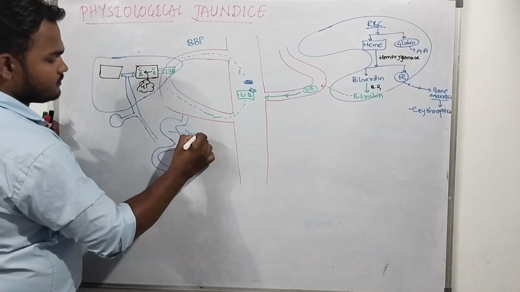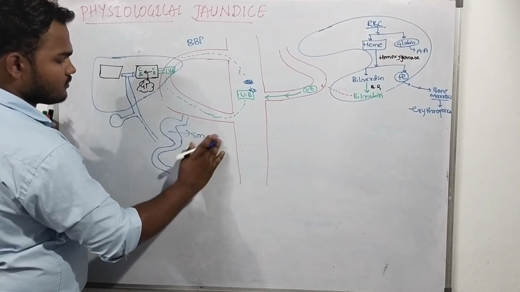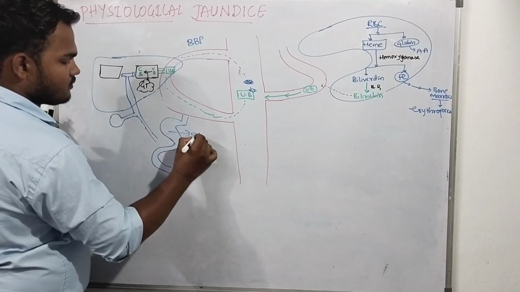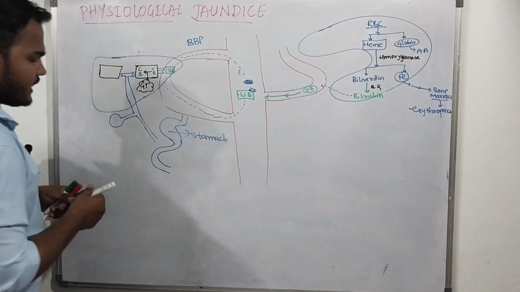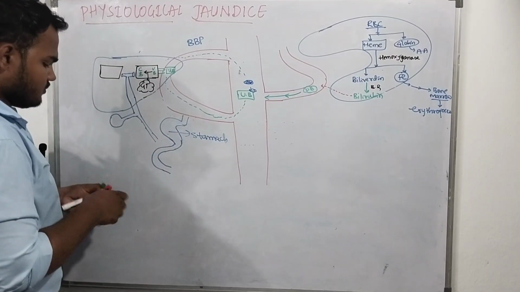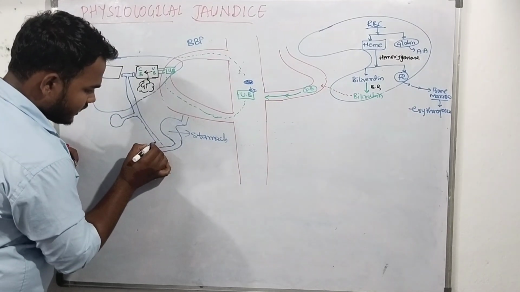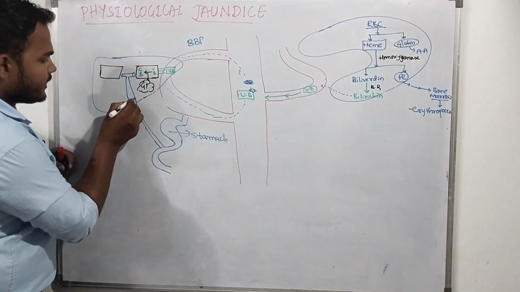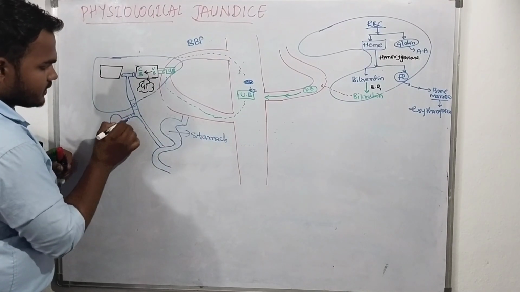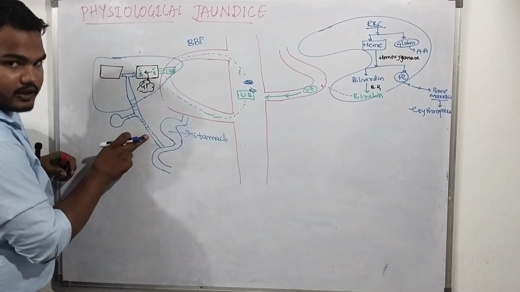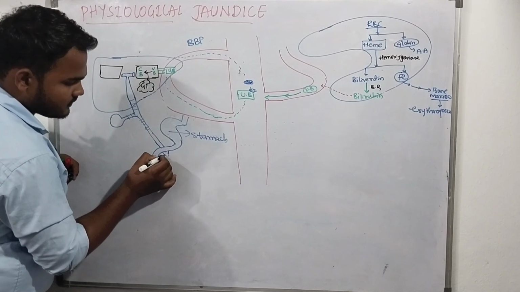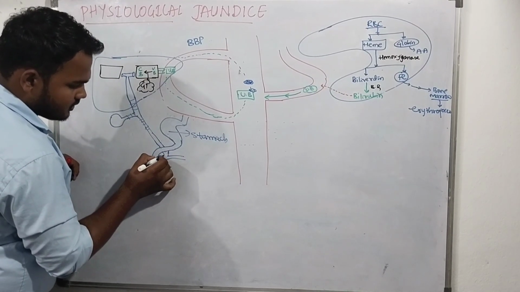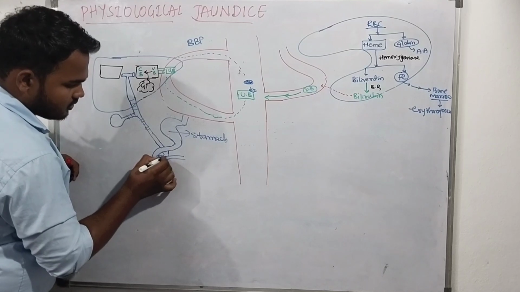It is our stomach. Now it is a C-shaped structure that is called duodenum. Okay, it is called duodenum, and this is the hepatic duct, and the cystic duct combined to form a common hepatic duct or bile duct. This bile duct joins here in another structure that is called the ampulla